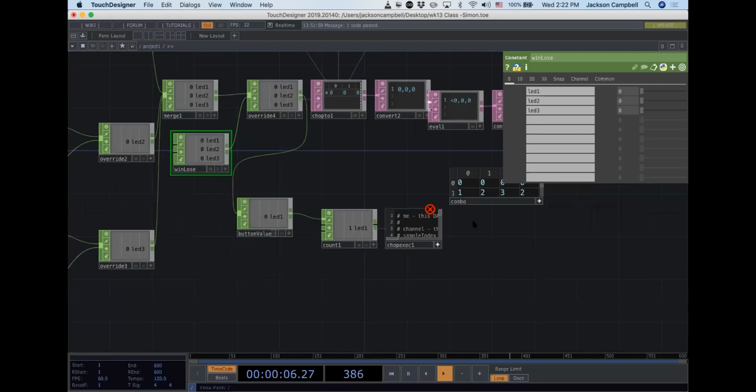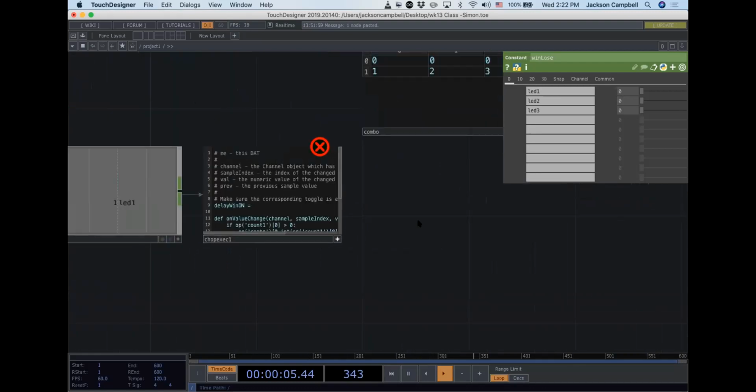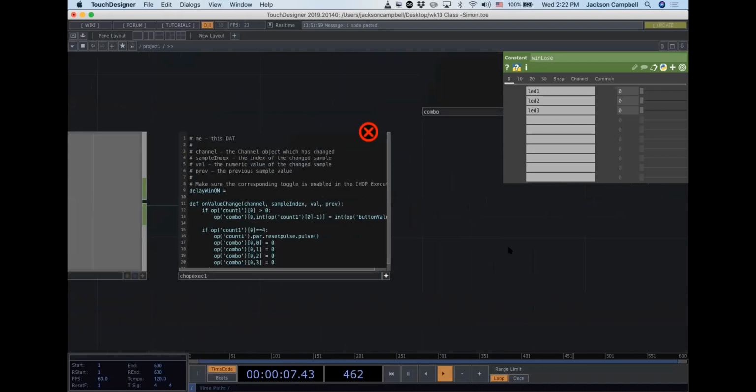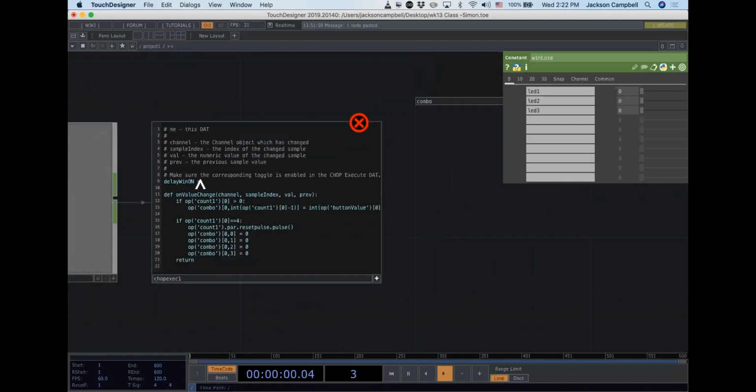All right, so what we're gonna do with this delay win is we're either gonna set this value 2, which is the green when you win, to 1 and then back to 0 again to make that green light flash, or we're gonna send value 1, this LED 1 channel, which is the red LED, we're going to flash that red LED if you lose. But before we do that, we have to define, because we want this to be delayed by a certain number of frames, we need to define the code up here